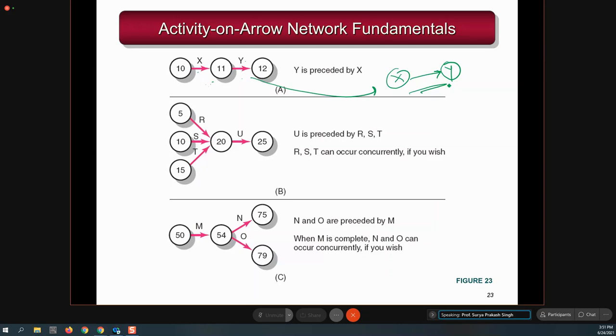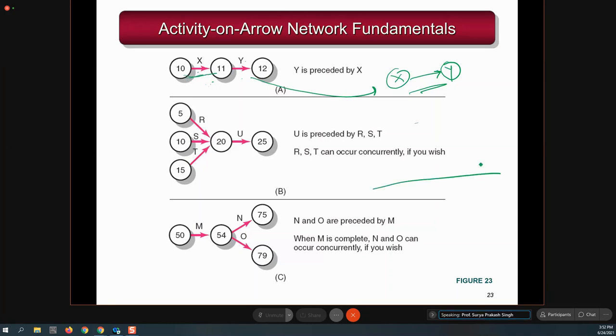Activity on node requires slightly less, but it's only a convention. Some project managers would like to go with activity on arrow, some with activity on node. It is purely based on convention. But now the modern software like Primavera, as I said, Project 360, they work on this activity on arrow. The only reason is that it becomes easy for them to construct these arrows and say that my arrow is going from this point to this point, so it means that your activity is completing.